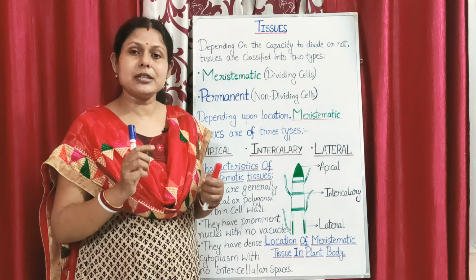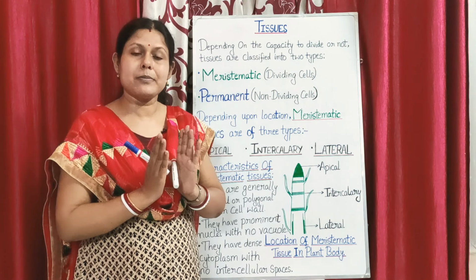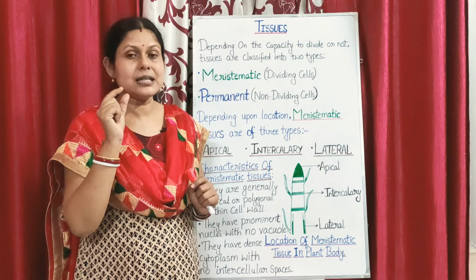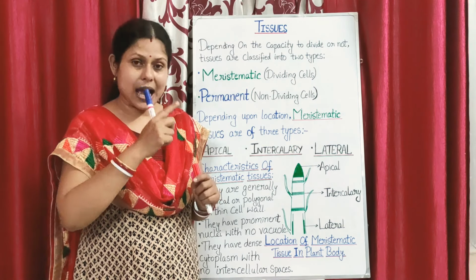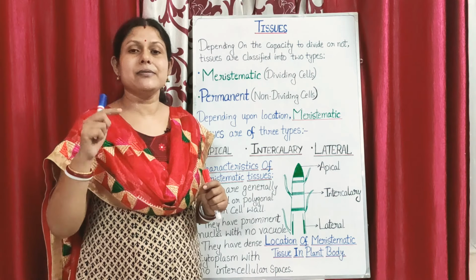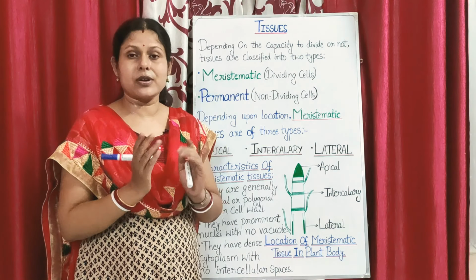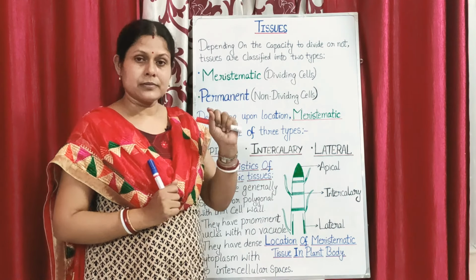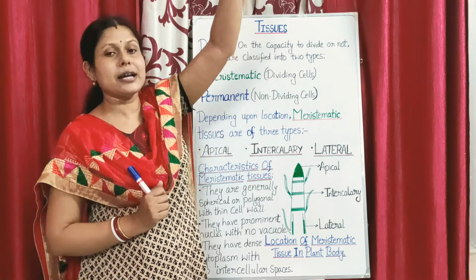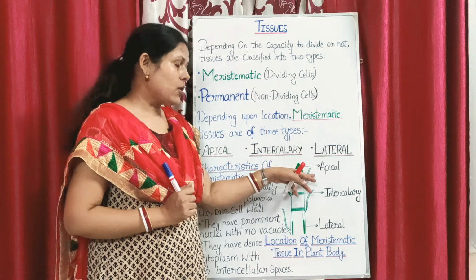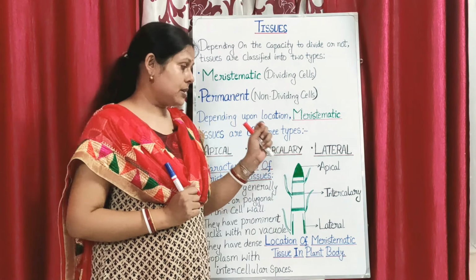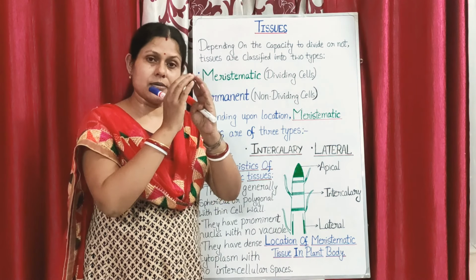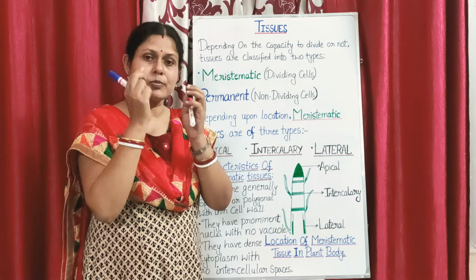So it is a growing tip, and the root tip is always protected by an outer covering which is called the root cap. So the meristematic region is present in the root tip, and that again is surrounded by a protective layer of covering which is called your root cap. In the case of the shoot, that is the tip which will be deciding the height of the plant. That is because of the shoot tip and the apical meristematic tissues present in the shoot tip. It is again covered on the various sides by small leaves.